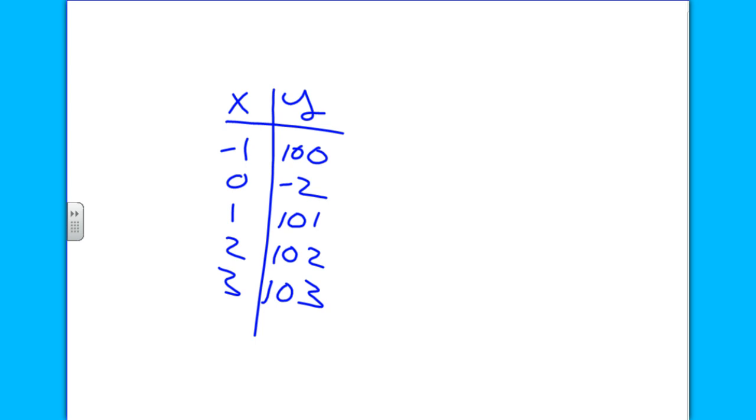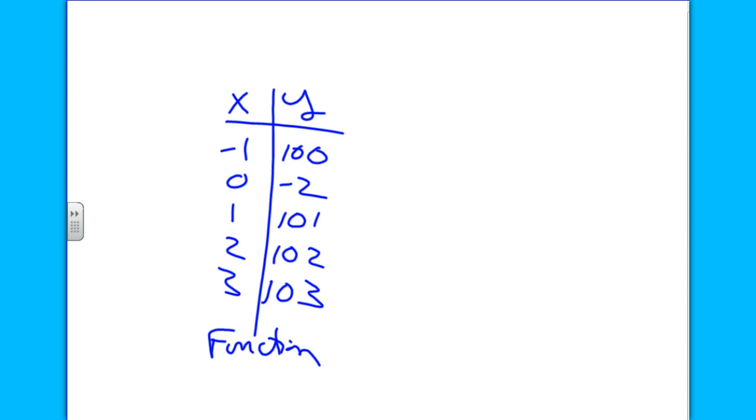3. Is this a function? And who thinks it is a function? And who thinks it's not a function? It is a function. How is that a function? It is because, tell me why it is. I know it looks crazy, the pattern is really strange. Why is it? Ada, because there's no identical x's. There's no same x, right.